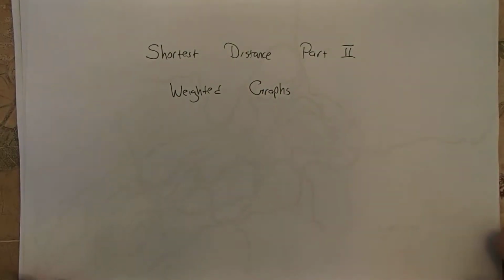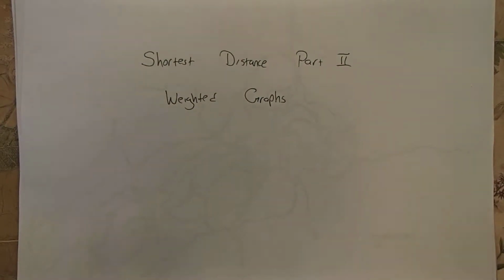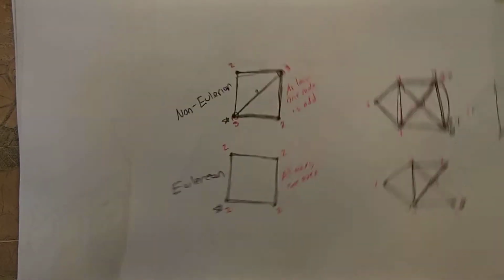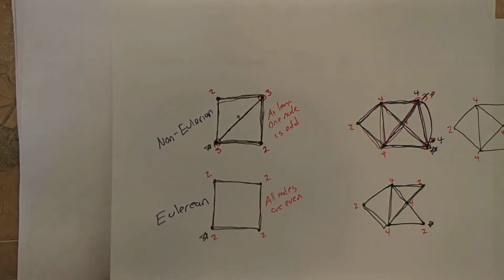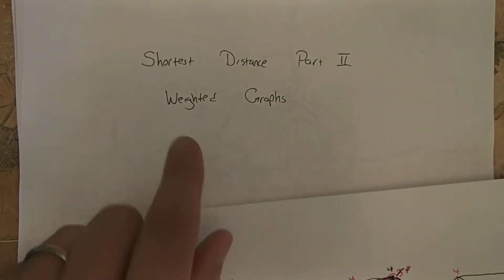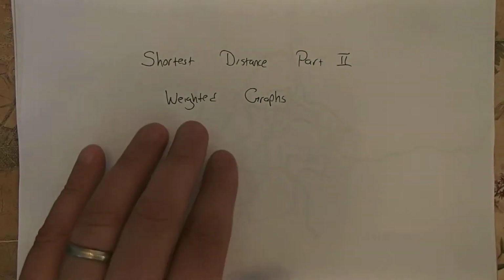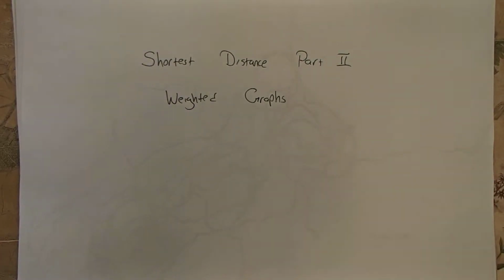So this is finding the shortest distance part 2, and now we're doing weighted graphs. The graphs that we looked at before don't have any distances written on them, and they're fairly simple. And what we want to do now is put distances on them. As soon as we put distance on them, distances are considered as weights, because now one edge is not the